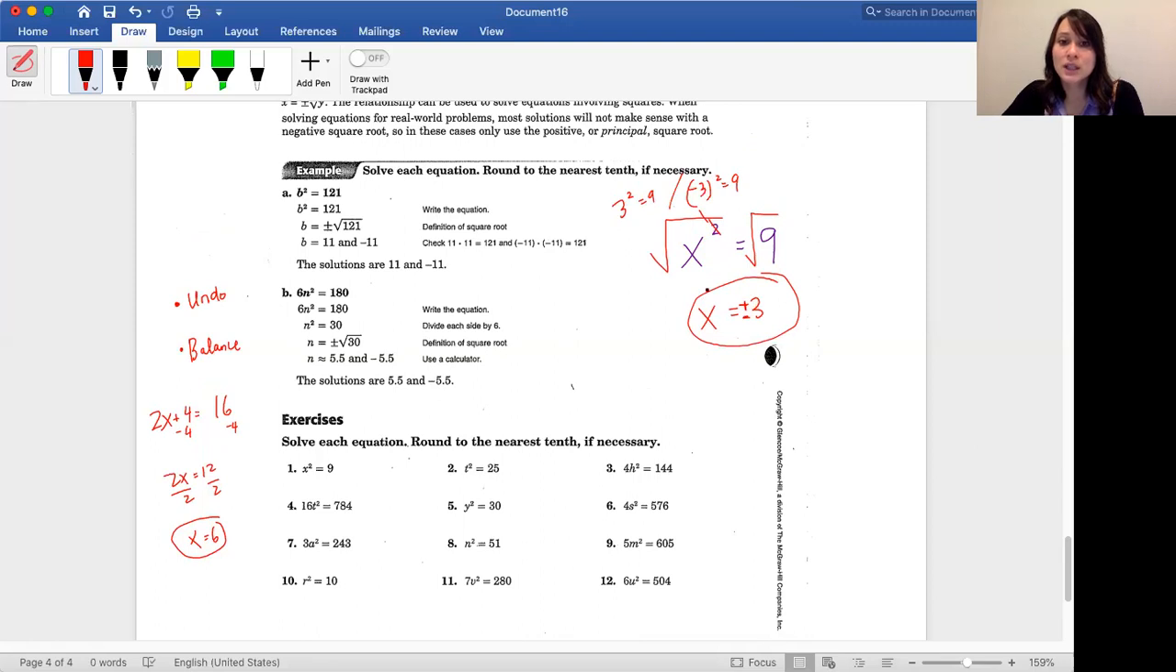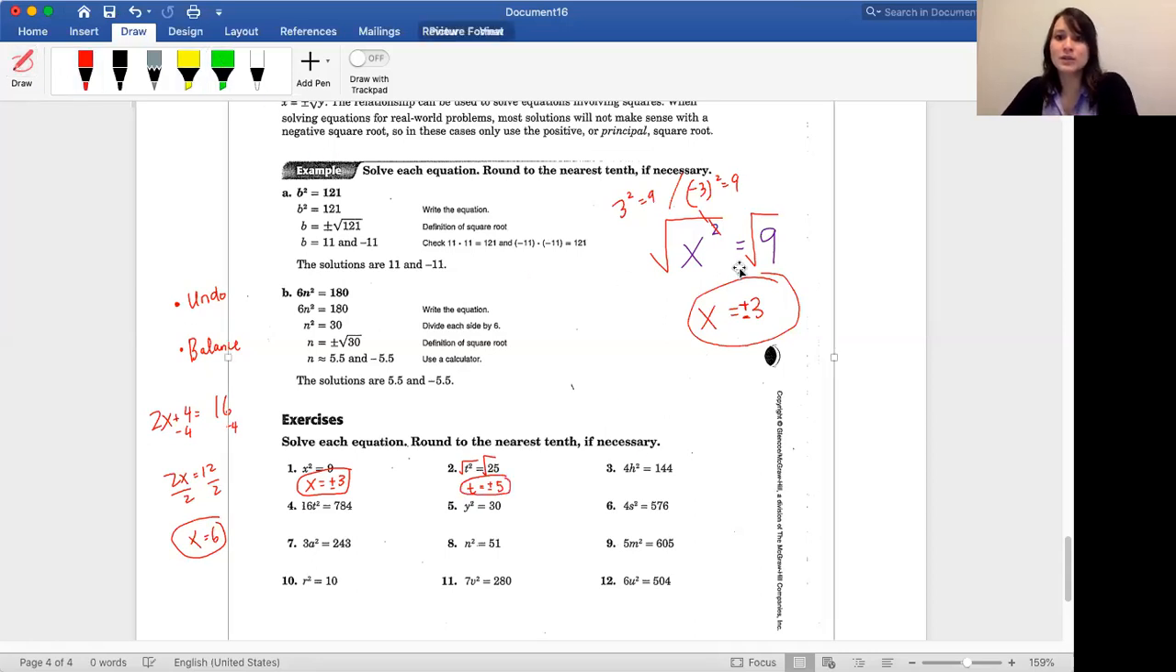So just to be clear, we're going to write our answer as positive or negative whatever the square root is, okay? So this answer here, we're gonna square root both sides, and t equals positive or negative 5, all right? Number 3, let's take a look at that. So looking at number 3,